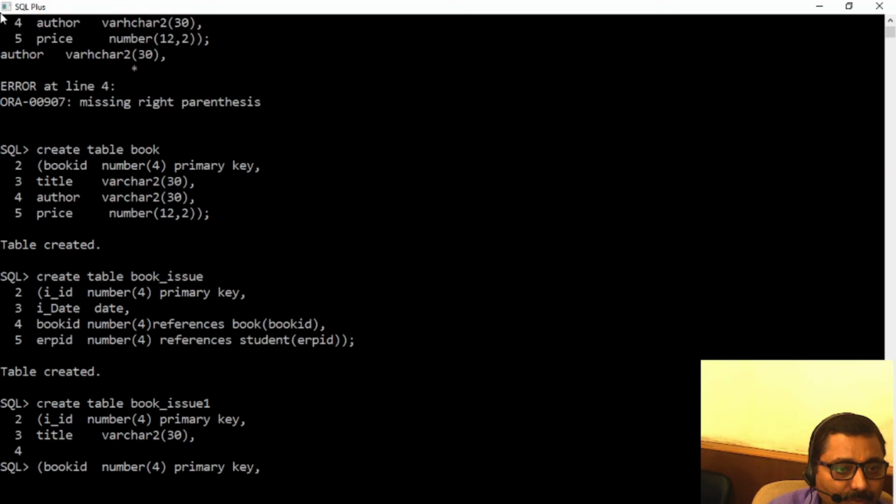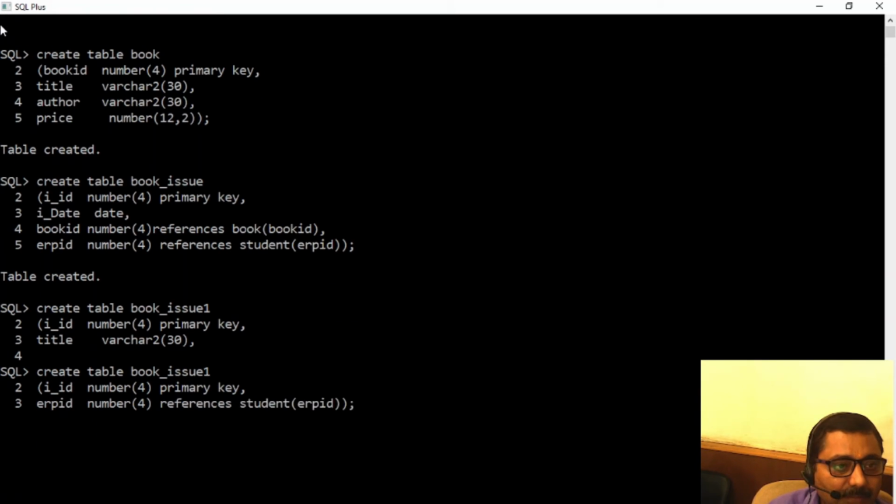Create book issue table, book issue 1. Issue ID. Perfect.